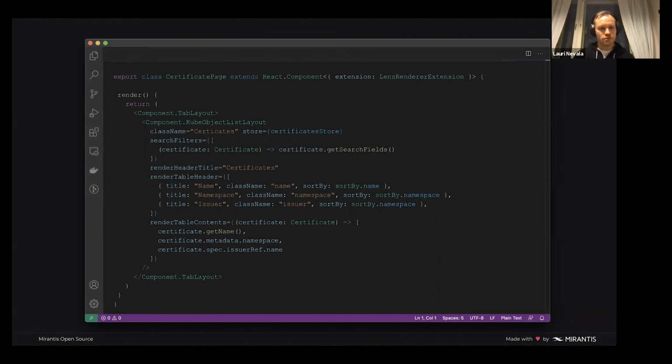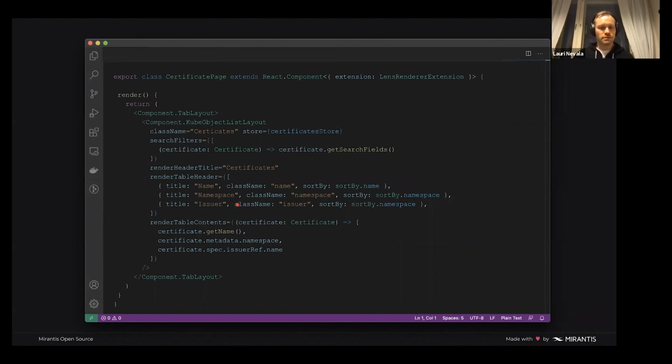And to make things easier, Lens Extensions API is exposing a couple of handy components. So this KubeObjectListLayout is the component that will take the store as property, and it will automatically fetch those items and render those in